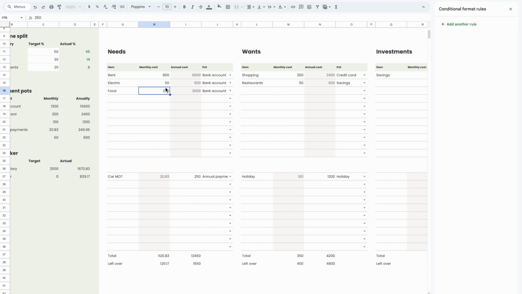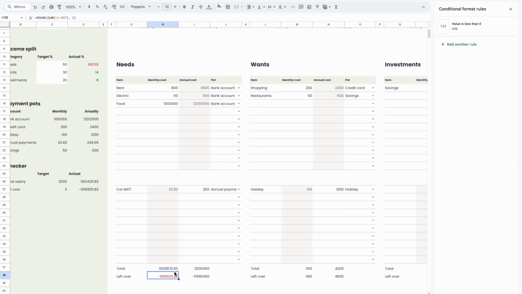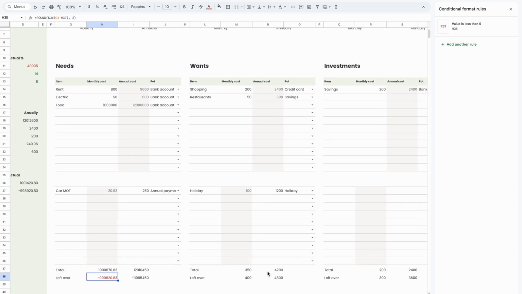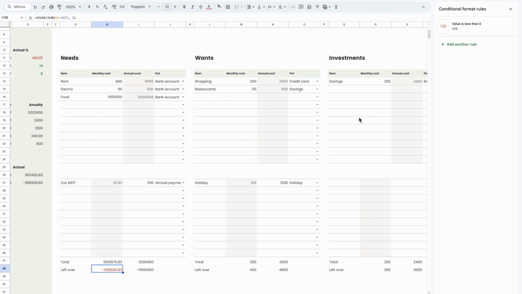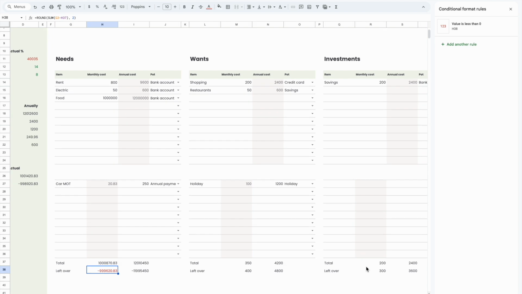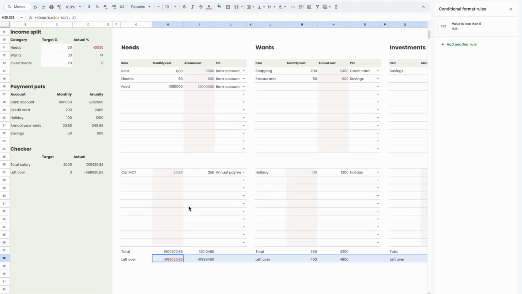So let's say I spent a lot on food. As you can see, it turns red. So yeah, if we want to do this, here's a cool little trick as well. Because this is going to be the same for any of the values in this row, right? Instead of having to enter it multiple times, what you can do is you can click in